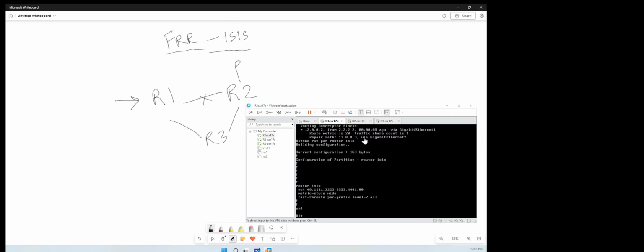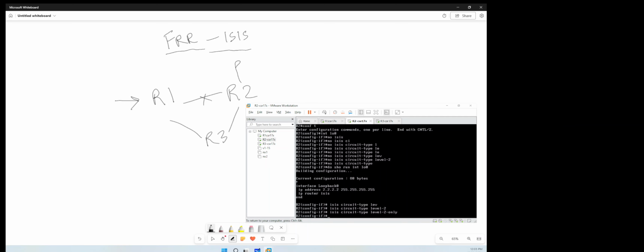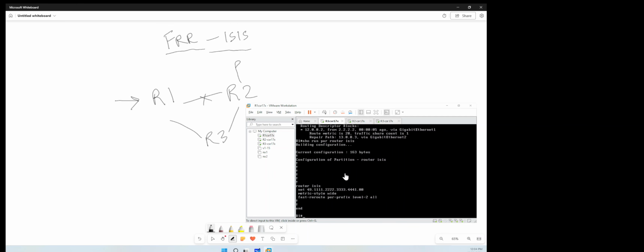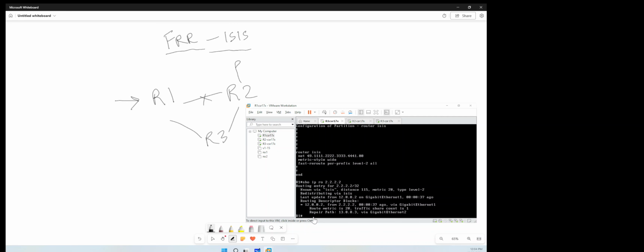And then for the routes that you're protecting, either you configure the ISIS to be level 2, but by default Cisco router is level 1 and 2. But then what you got to do is go and tell the ones that you want to protect are L2 only. So now you are protecting this, and the repair path pops up as an alternative path,